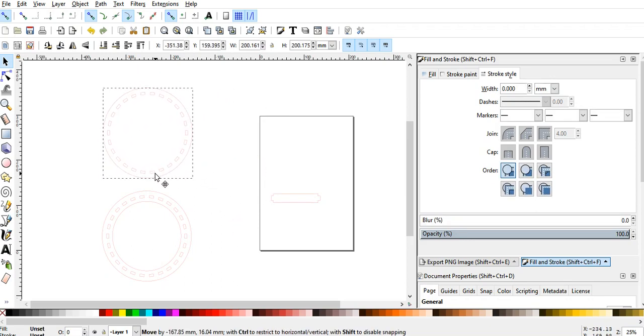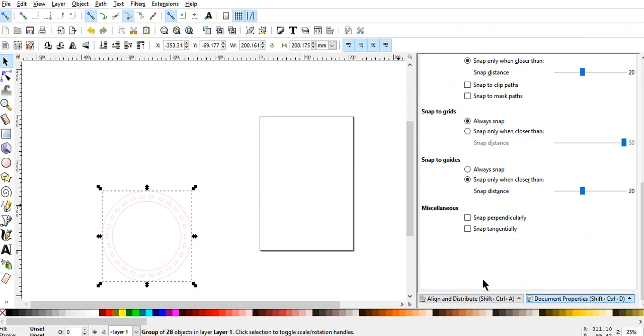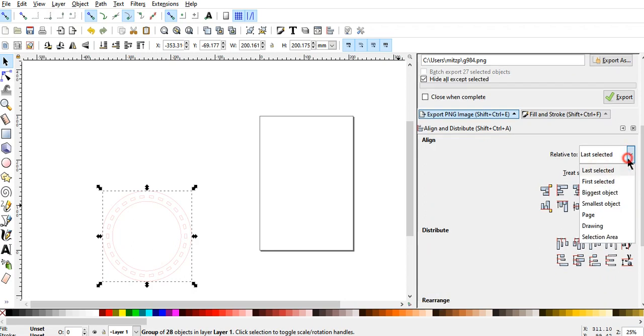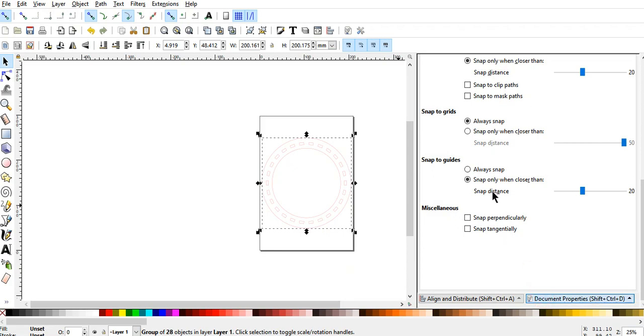and now that's all grouped together. And so these are fairly large, and so we got, I think we said, 200 millimeters by 200 millimeters for these top and bottom pieces. And so we're not going to really be able to cut all of these pieces on the bed at the same time. And so generally in this sort of situation, I'll just save each piece as its own file. So we'll just delete this and we'll delete that, and then I can select this and go to Align and Distribute, and I'm going to change the distribution to page, and then I'm going to center it on the page,